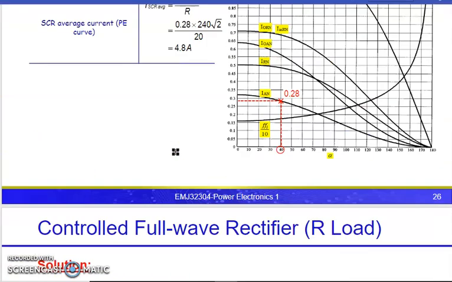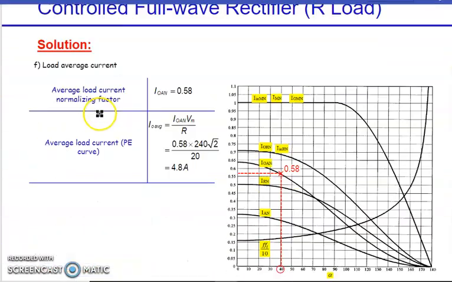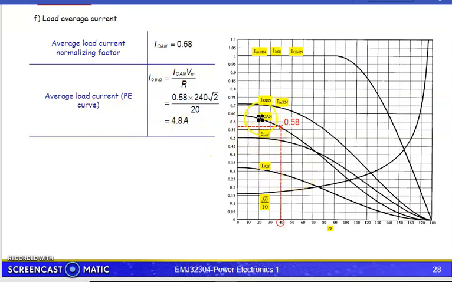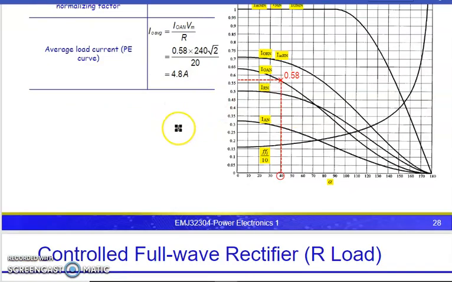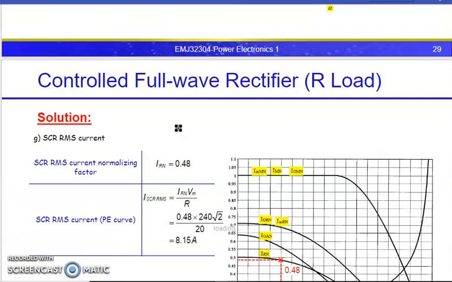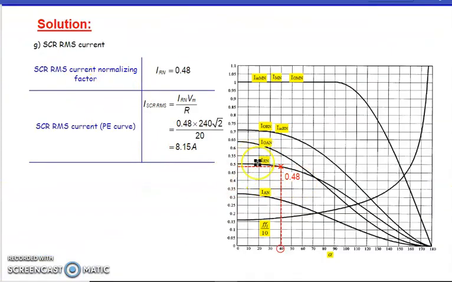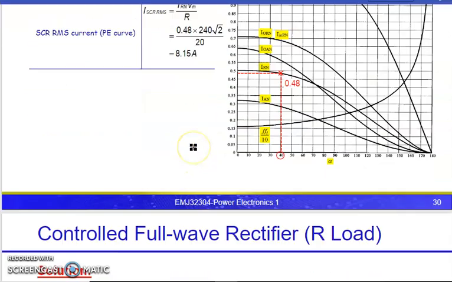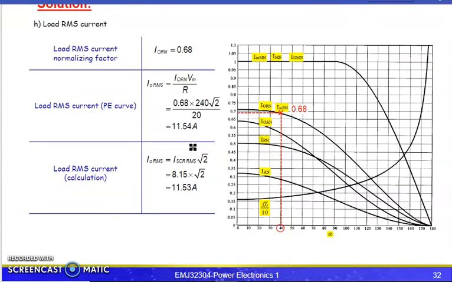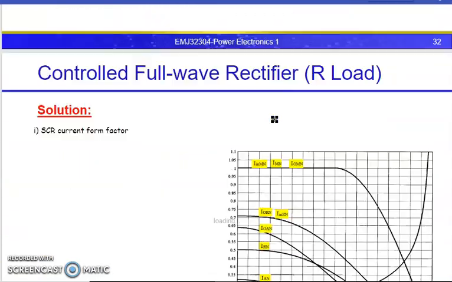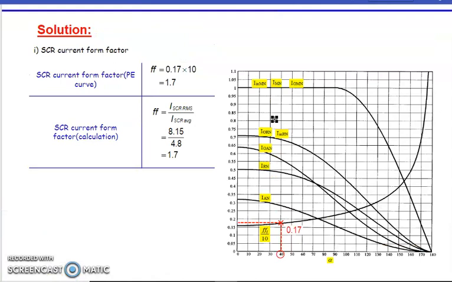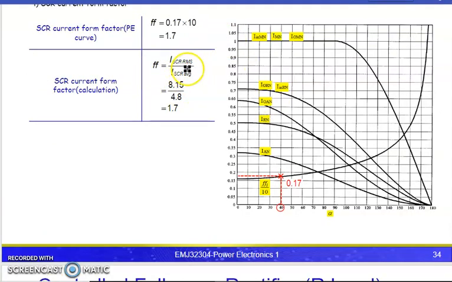The load average just now is what? Now the load average current. I output is I load average normalized, and we found it 0.58 times V max divided by R, so 9.48. Same goes for RMS, so we refer to RMS 9.48, much higher compared to the average. Load RMS current: the steps are just the same. In terms of form factor, the form factor is SCR RMS versus SCR average. Okay. So the higher